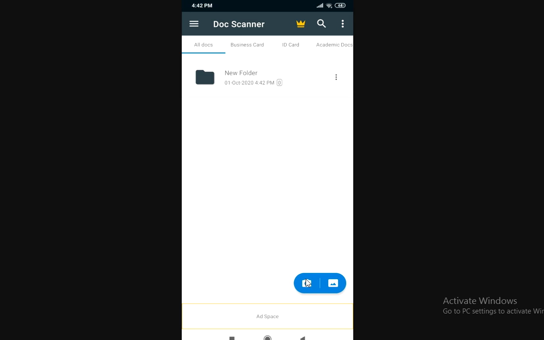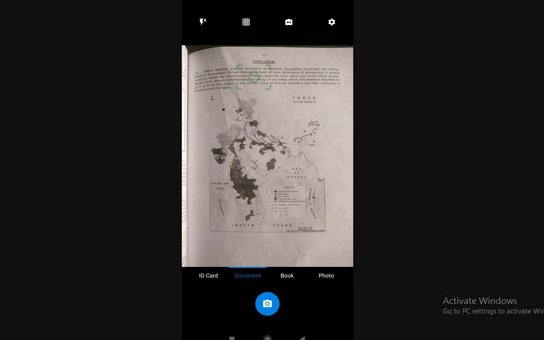the teachers. When you click on this camera button that is located at the bottom right corner of your screen in blue color, I mean it's highlighted by blue color, it's actually in white color. Just click on this camera option. When you click on this option, a camera app will open up in this app. A sub camera app will open under this document scanner app, and it will be similar to the camera app which you use in your phone. You can just click on this camera button and it will capture an image for you.